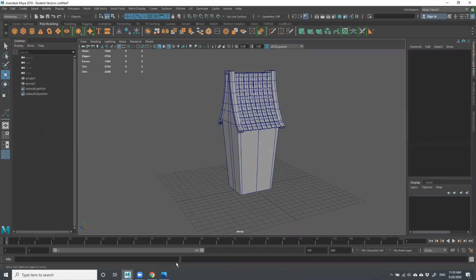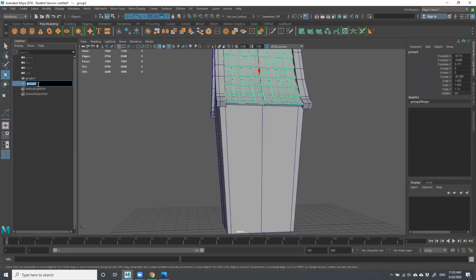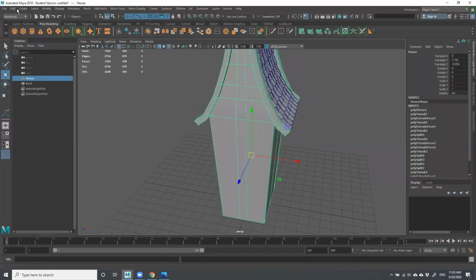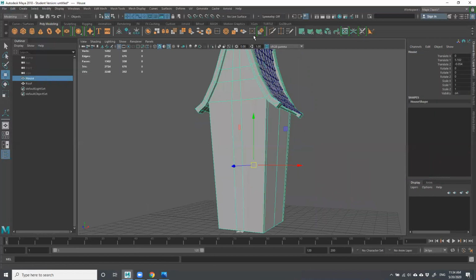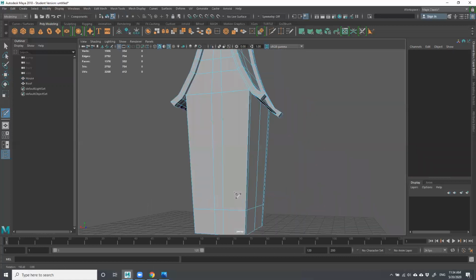So, let's see. We talked about the vertices. We did the roof for the house. The basement as a separate piece. So again, I think in the last class, I took this, well, let's call this roof, right? And let's call this house. At this point, you guys, I'm starting to get quite a bit of history here, and I don't want anything to go wrong, so I'm going to go ahead and delete the history so that I can't possibly mess this up. All right, so last class, I did a little basement here for it,